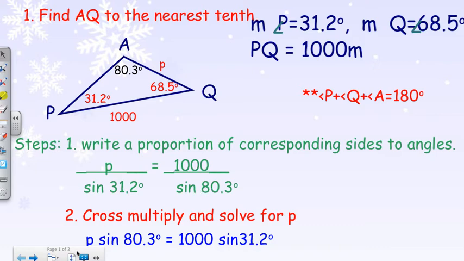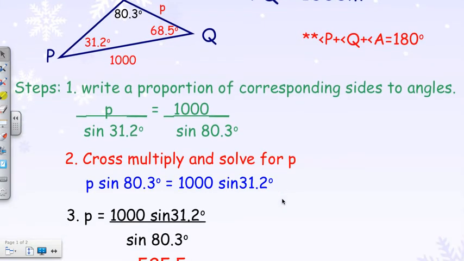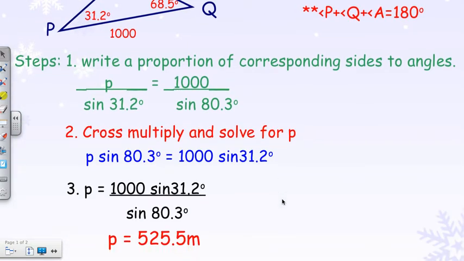So sine of 80.3 degrees times p equals 1,000 times the sine of 31.2 degrees. So now I'm just solving for p, dividing by sine of 80.3 degrees on both sides, and I end up with